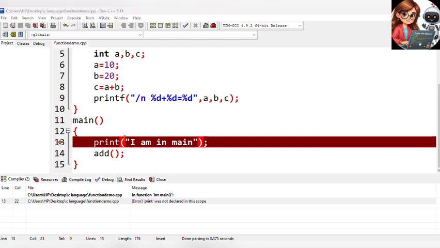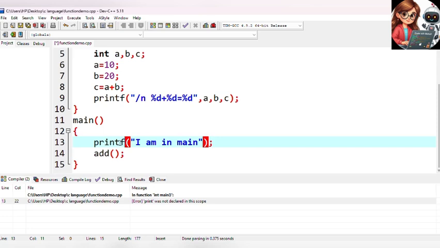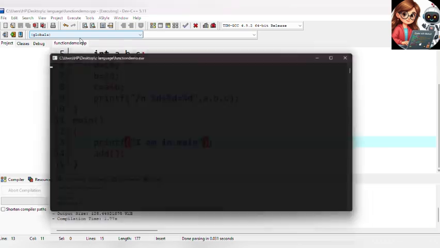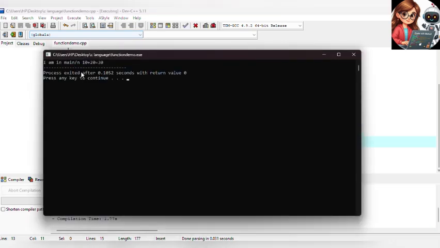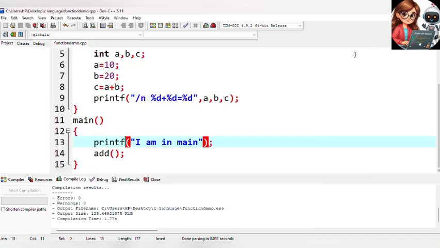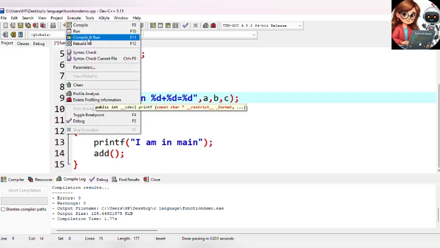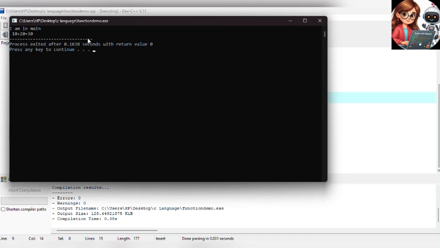So here I actually forgot to write printf. I'm sorry. Execute and run. You can see I'm in main slash. Okay, wait. I think I forgot, this slash is like this. Sorry. Yeah.